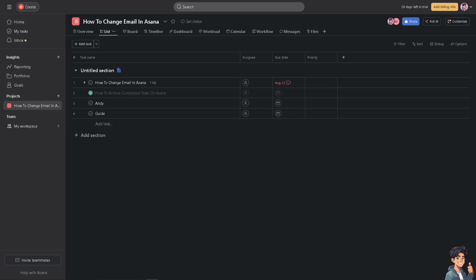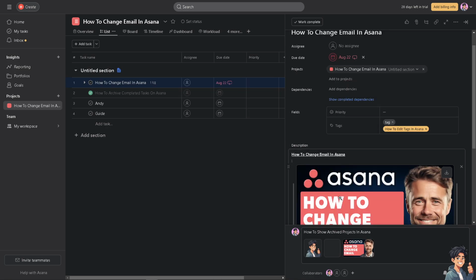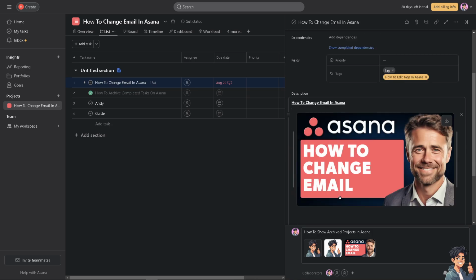Now, in my case in the past, for example, if you're working with multiple freelancers or clients, or maybe you're part of an organization, now, if one of the team members has moved to a different company or takes a new role within that same organization, I believe they might need to update their Asana email to reflect their new job or responsibilities. Obviously, now for us to be able to change the email, it's a very straightforward process